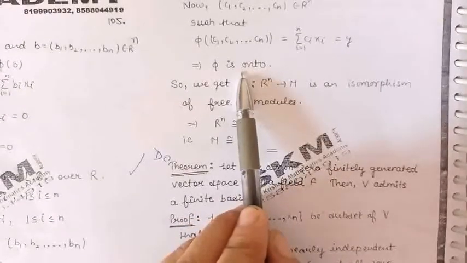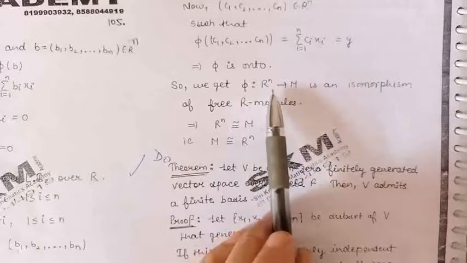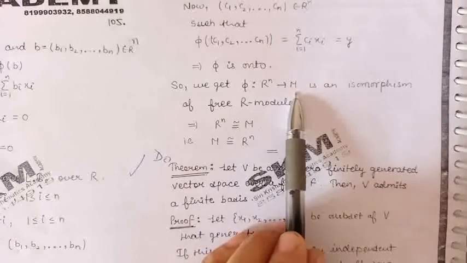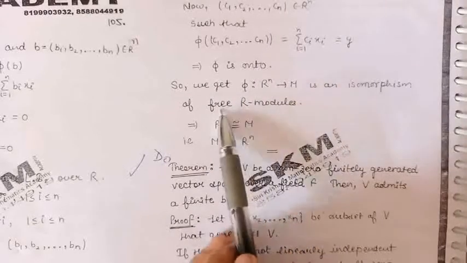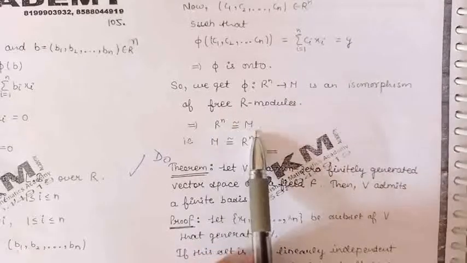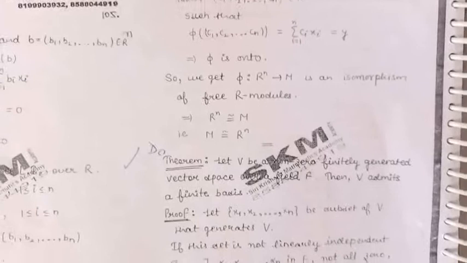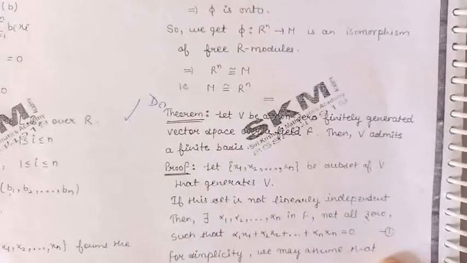So we have proved all the conditions for being an isomorphism. So we have proved the mapping phi from R^n into M is an isomorphism of free R-modules. So we can say that R^n and M are isomorphic. So this completes the proof of this theorem. Now, in the next theorem,